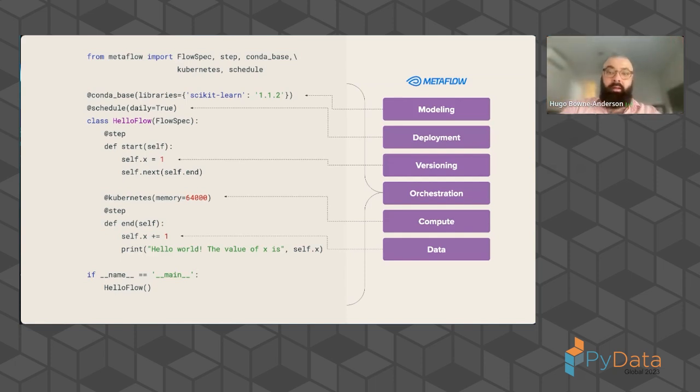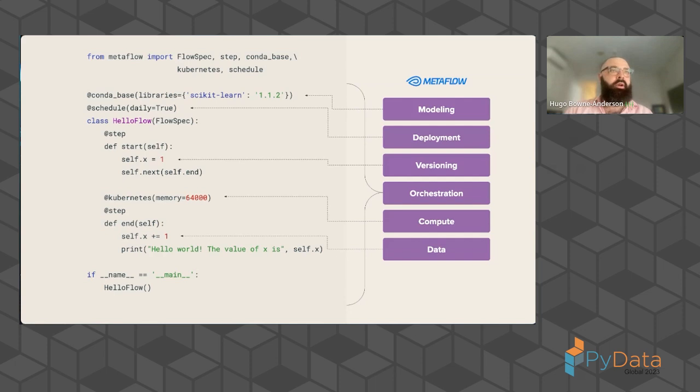And now it's used by hundreds of companies all across the globe in all types of verticals. But I wanted to show some Metaflow code just to give a sense of how, this is PyData, you can write Pythonic code, not only Pythonic, but Python code,